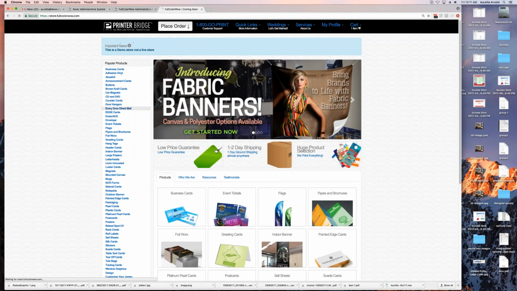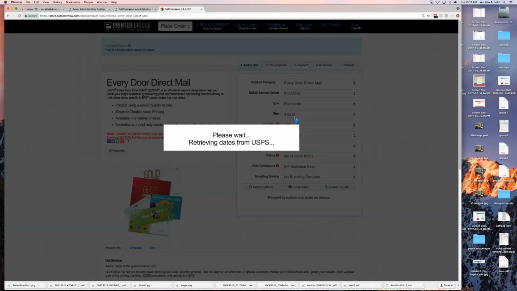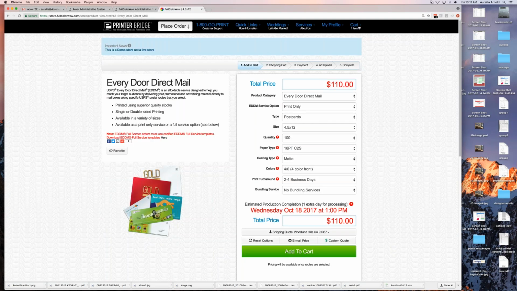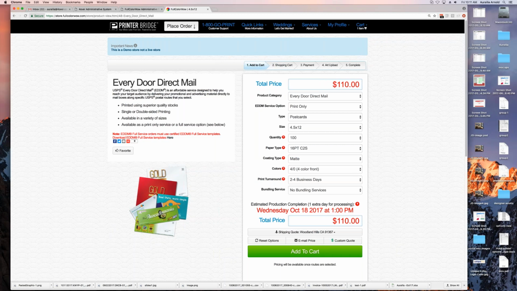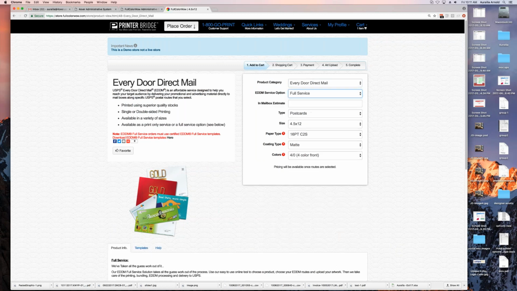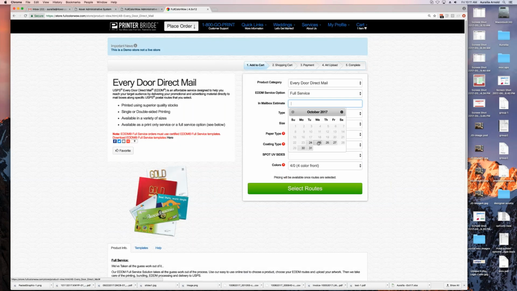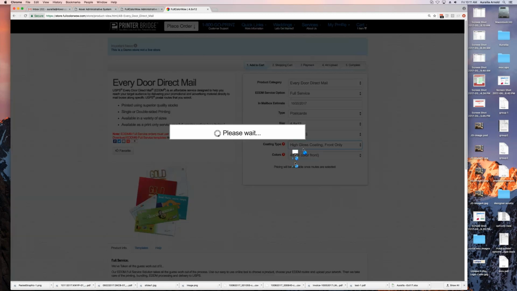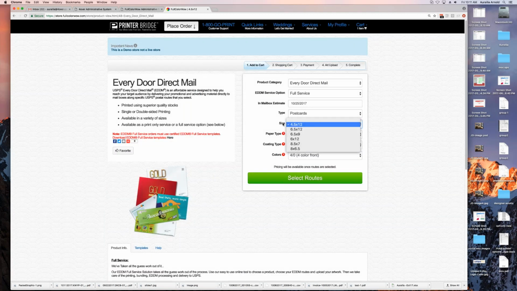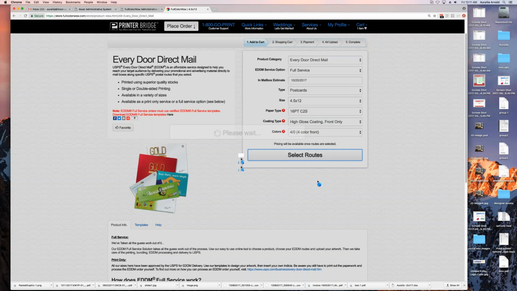I'm going to go to EDDM full service. So our EDDM full service, we do offer print only and full service, just like we have it on 4over.com. And again, it's integrated with our API. If they do select full service, they'll be able to select the in-mailbox estimated date, select the different options that they want, the different size,